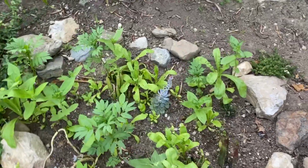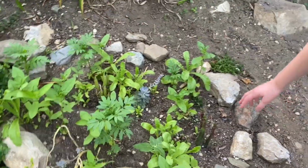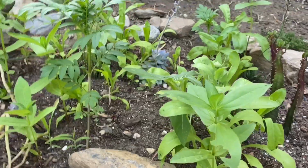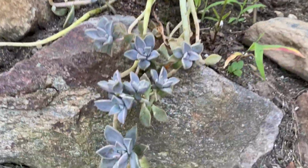So we have a few different types of succulents here and some cacti too. And I planted some assorted flower seeds around the succulents. I thought they'd kind of be pretty and give some color and texture around it, some difference. So I thought that was cool. This succulent,